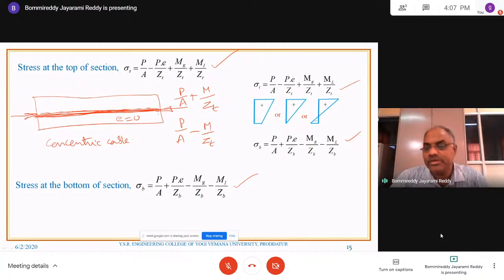Okay, so like that, these two are the only equations. And if you understood this concept, you can answer any type of questions in this pre-stressed concrete structural analysis. Okay. Now another important topic